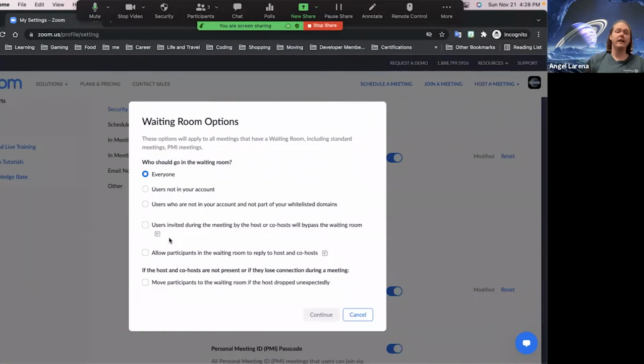Any users invited during the meeting, whether they are the host or the co-host, can bypass the waiting room. This is a good option if you have many moderators or presenters that you want to bypass. Also, you can allow the participants in the waiting room to reply to the host and co-hosts. This will enable them to communicate with the host and co-hosts while they're in the waiting room,